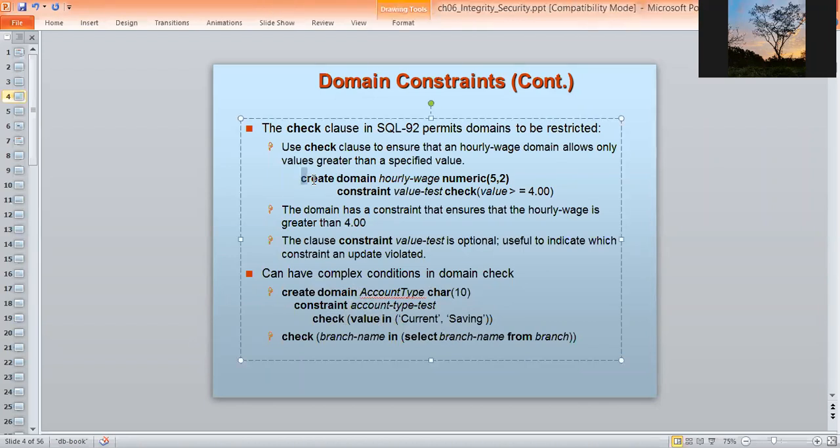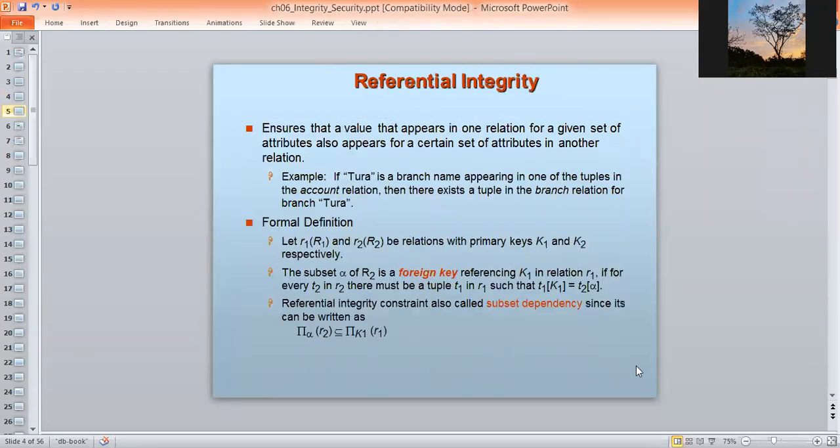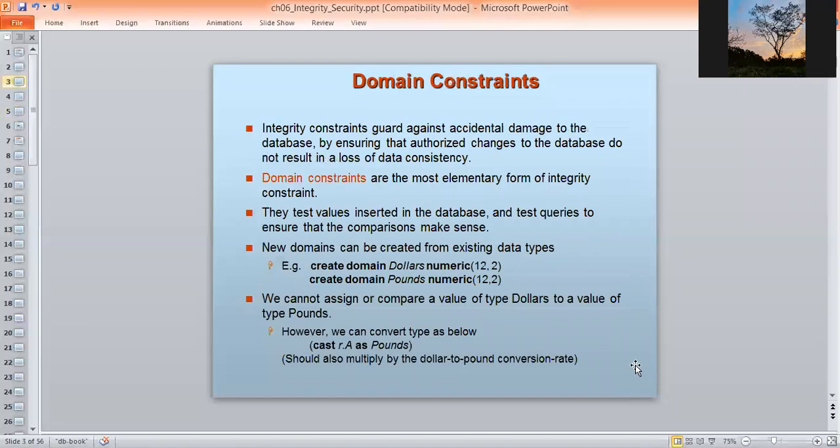This can be another way: create domain value test, check whether the value is greater than or equal to, as a constraint. Value in can also be a constraint. Then check can also be select branch name in this way. So there are various ways. That was the domain constraint.